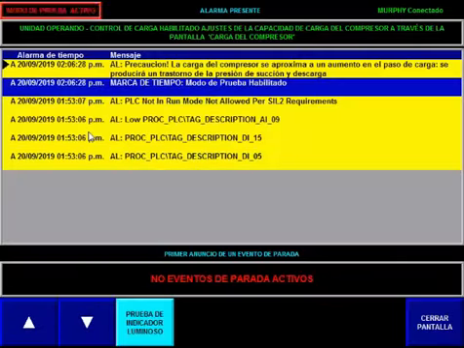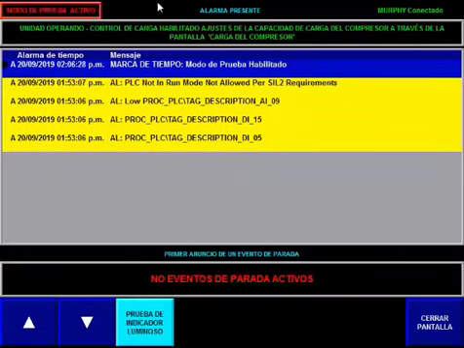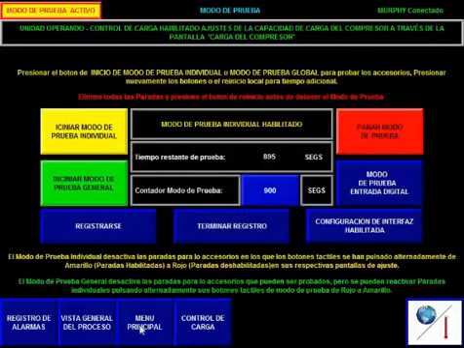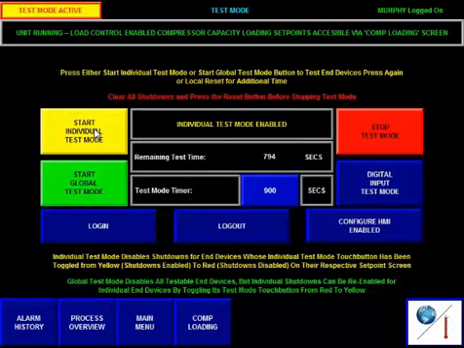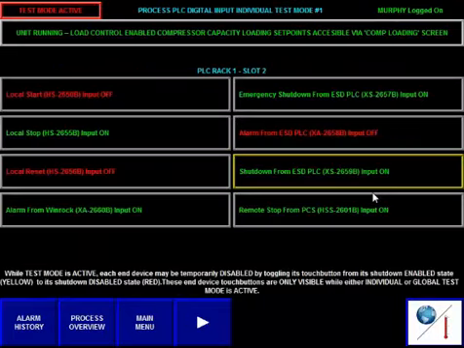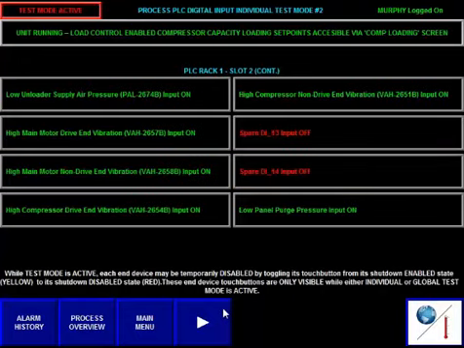In this section, we'll discuss how to use test mode. You can see that I've activated test mode. Test mode has a timer that you push the button to engage for 15 minutes. Once you've started test mode, you can start individual test mode or global. Here I've selected digital input test mode. I'm going to select the